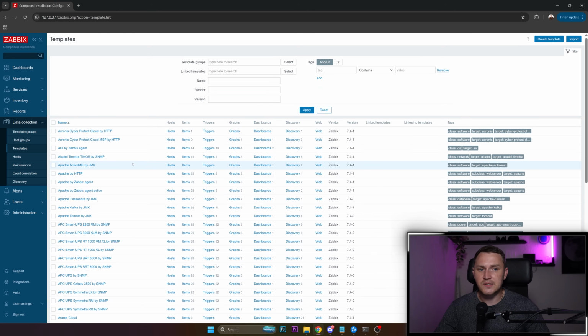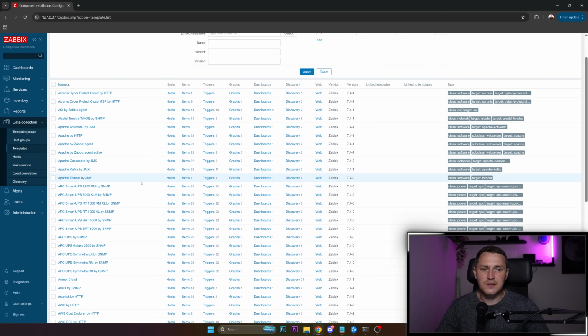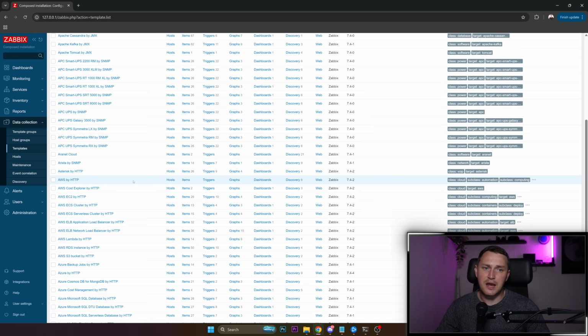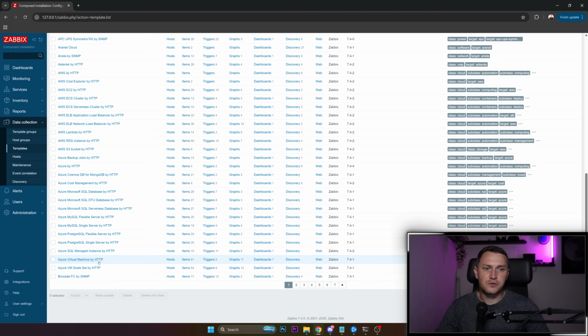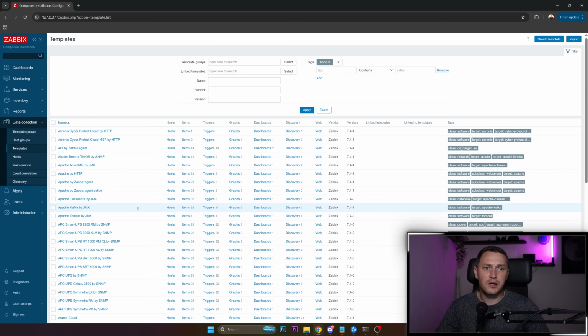and all of these templates are basically assigned to monitor something out of the box, which is usually in the name of the title, like .NET Cloud or AWS Lambda by HTTP, Azure Virtual Machines. If you want to monitor, you just create a host, assign this template, and this template will already have some predefined items, triggers, graphs, dashboards, low-level discovery rules. So the monitoring kind of happens